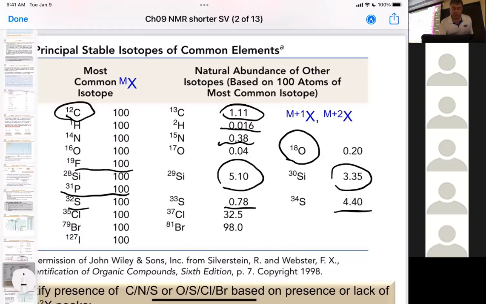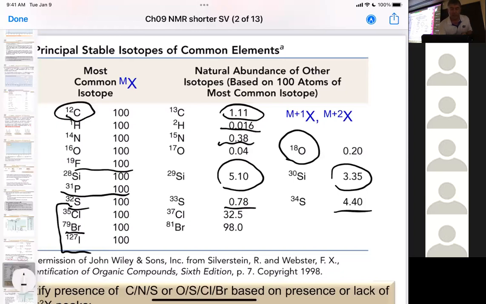But the next 3 right here are the ones that are the most important. They're the halogens. Chlorine has a +2 isotope that is 32% of the base height for the chlorine 35. Okay, so what you're going to see is an M+2 peak, but it's going to have a specific pattern. It's going to look a certain way. And I'll show that on the next slide. Bromine